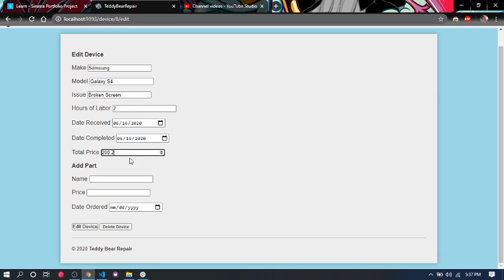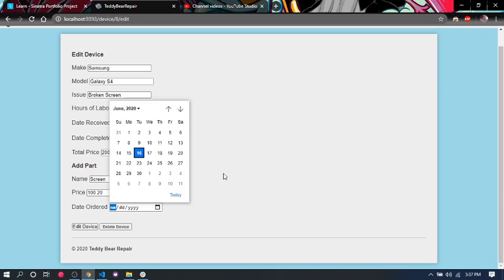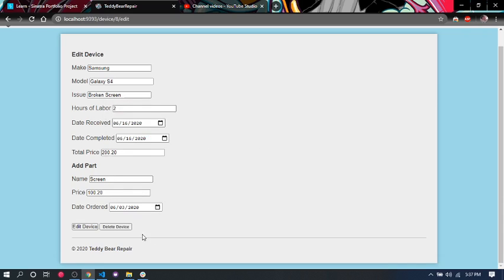220 cents. Now you see if I don't finish that, just to keep up with conventions of currency or money, which is 2 decimal points, I have JavaScript that will add that into it before saving. Additionally, we can go ahead and add parts since the part does belong to a device. And the screen, we'll say 120, and just like before, it does add that 0. Luckily, we'll say that we already had the S4 screen in stock and we ordered it on the 3rd. So we can go ahead and edit device,